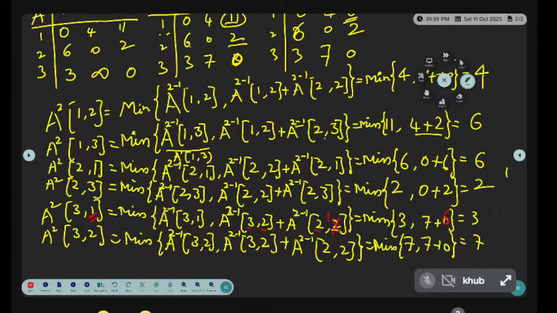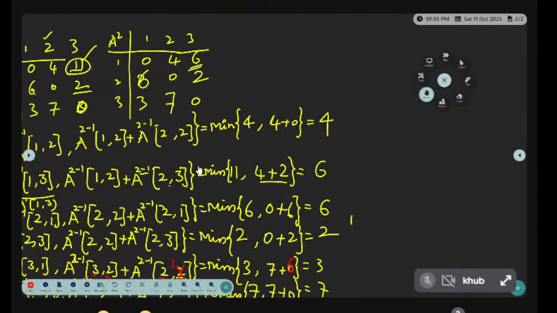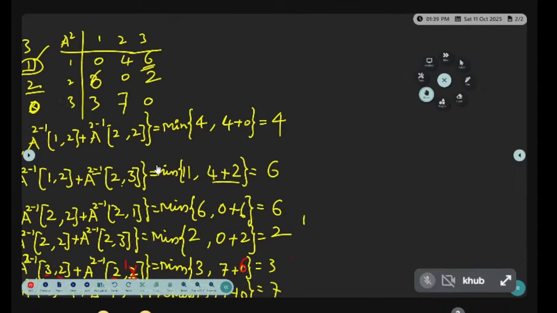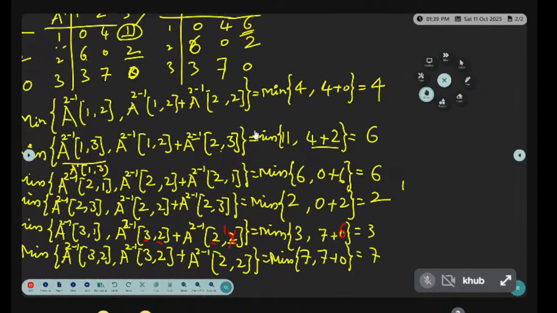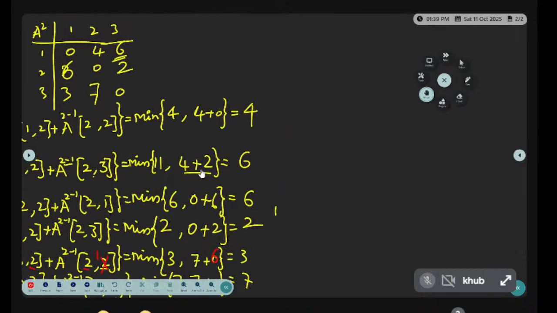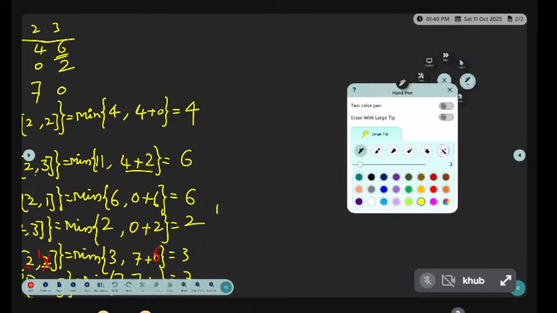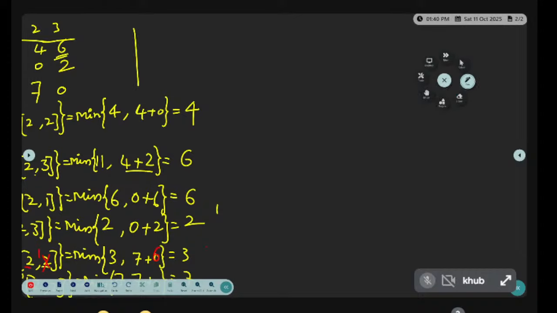Clear? Then calculate A power 3 also. Now A power 3 of